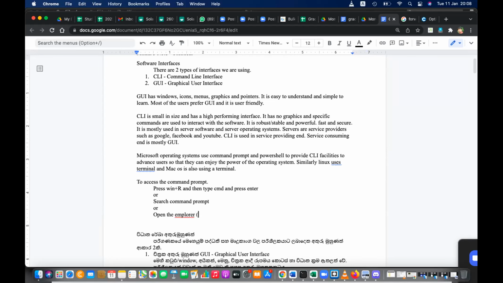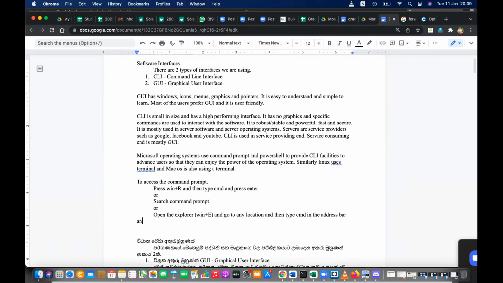The shortcut is Windows key and E key. Go to any location and then type CMD in the address bar and press enter.